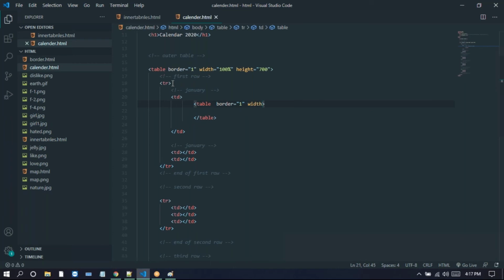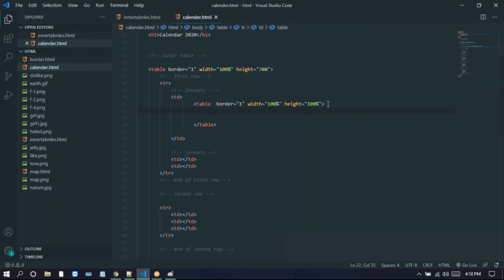Look at this one. This January month has a January title, right? So here I'm taking the TR, and in the TR I'm taking the TH. In this TH, we write the January month. Next, we have 7 days per week, so I'm creating the 7 days with a TR.